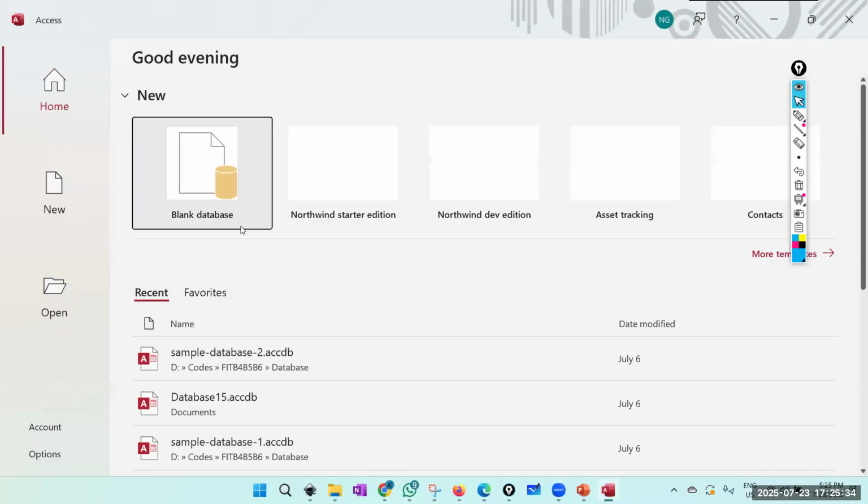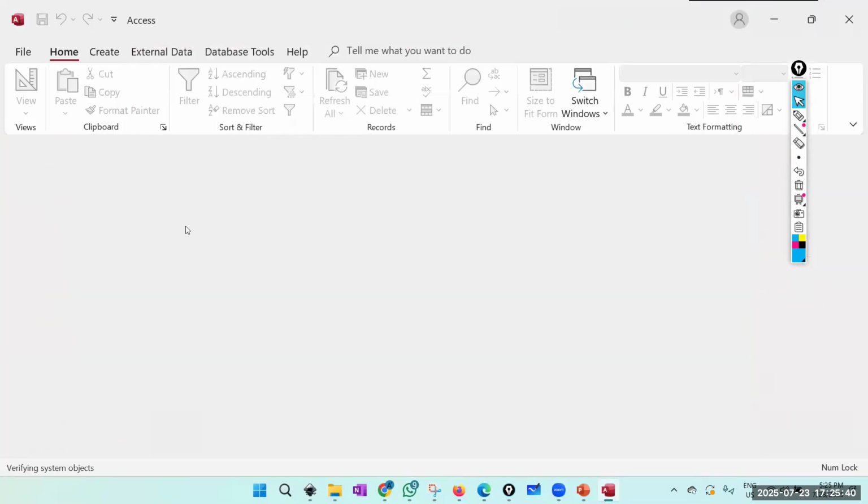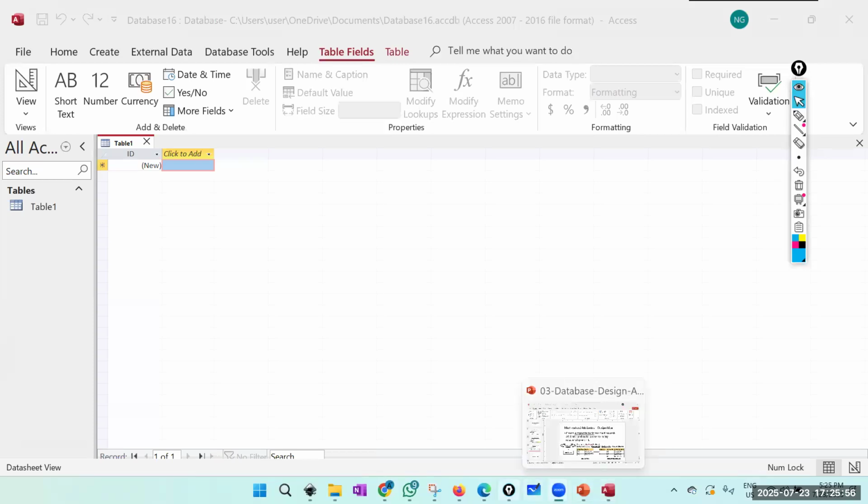So I just open Microsoft Access. There is a blank database. So it has created one table, or one relation. So why is employee ID there two times? Yeah, so the reason is,